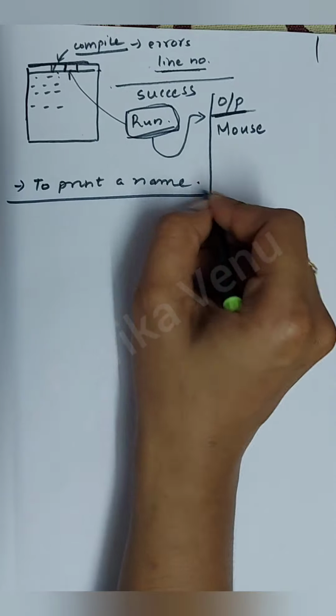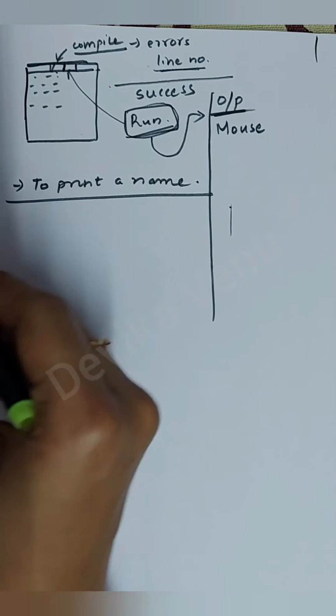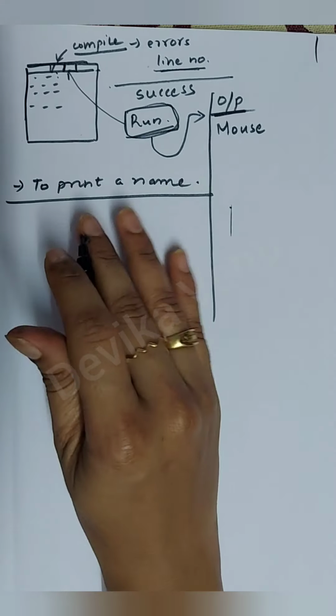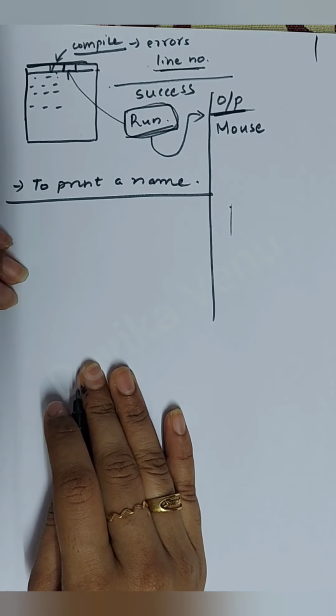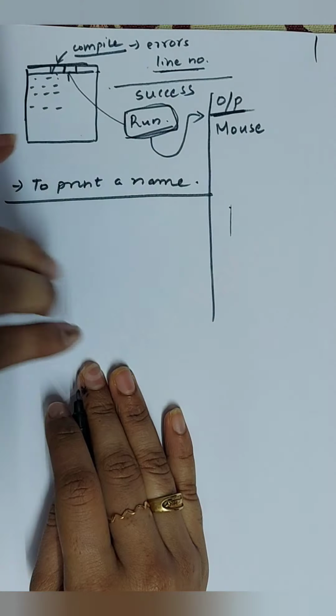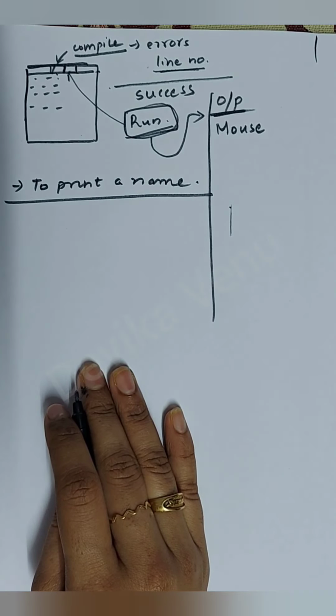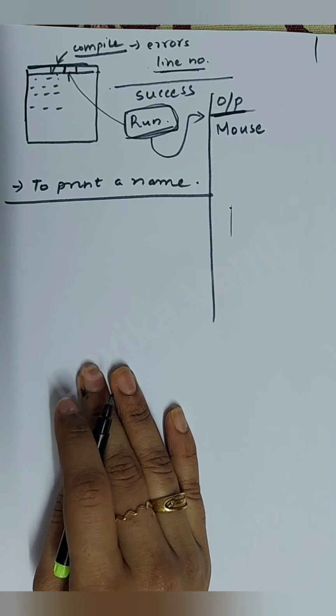Okay, so I am writing in the programming platform. I think I will directly write the program and explain to you why I have given all these things. I think it is better than taking theory first and then going to the program, which will be a little bit confusing. It is better to go straight to the program itself.